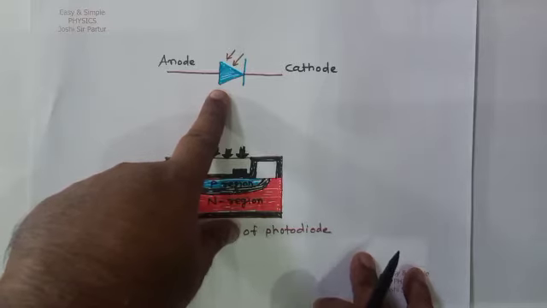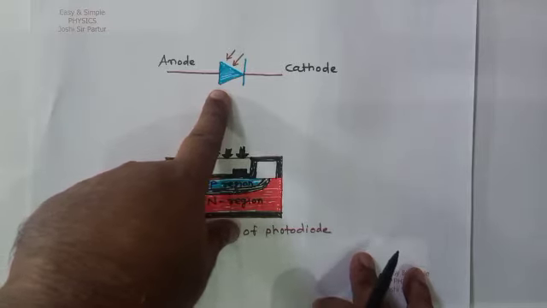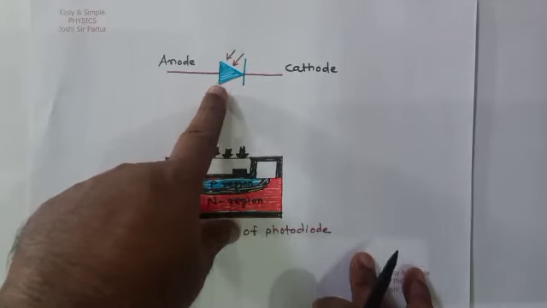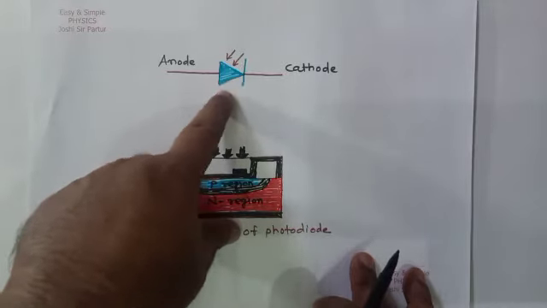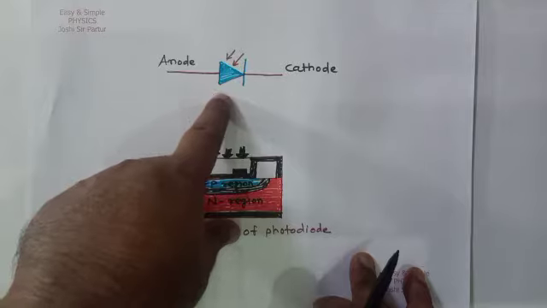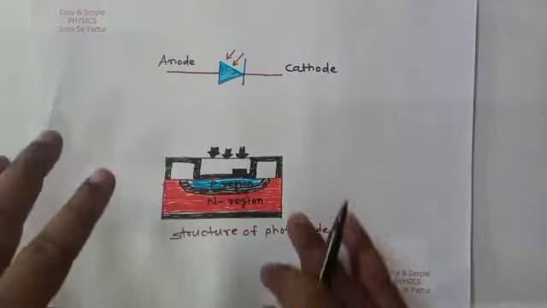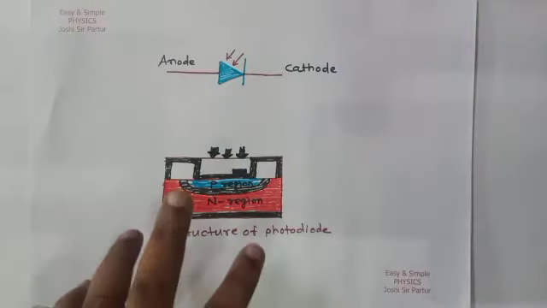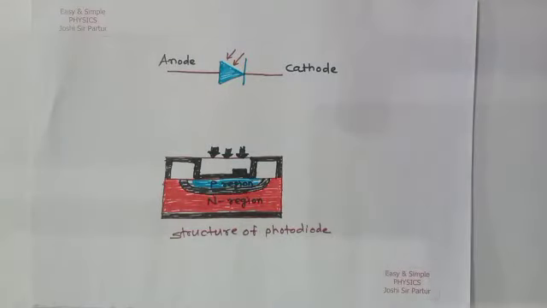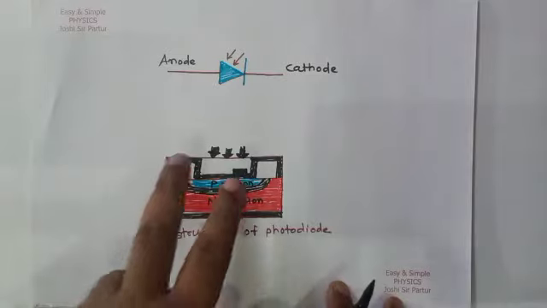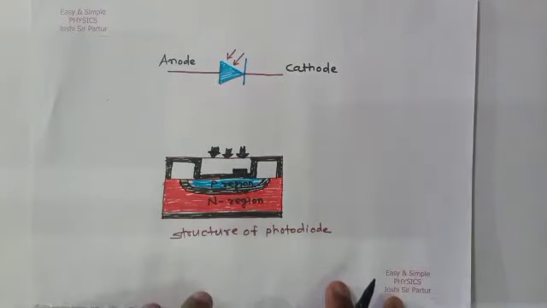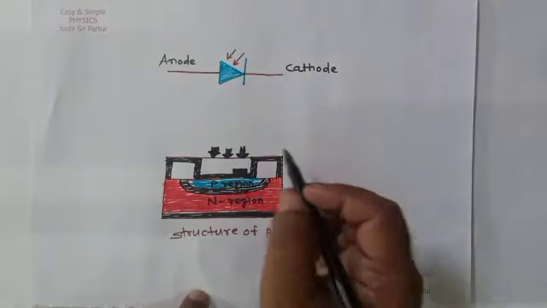In photodiode, only minority current flows through it. So we have to see the structure. The structure of photodiode is like this. In this structure, when light energy is incident, see here